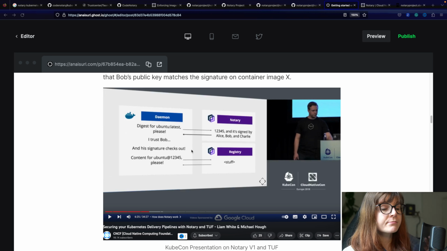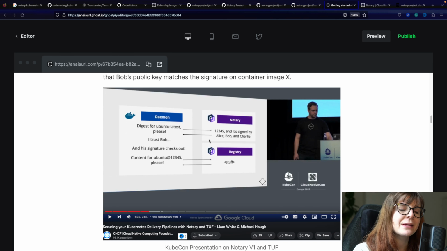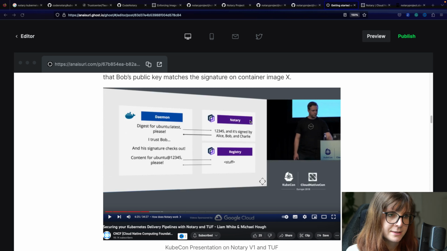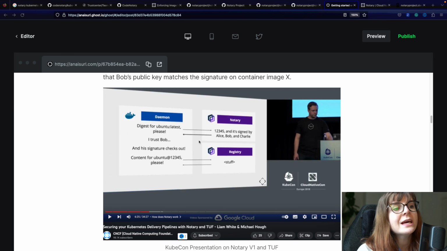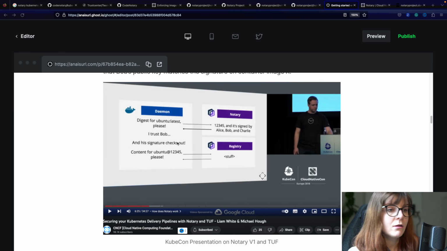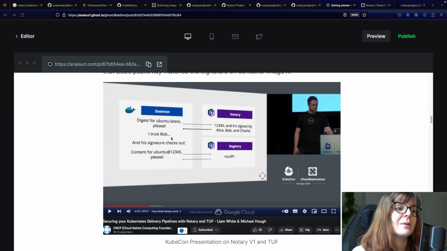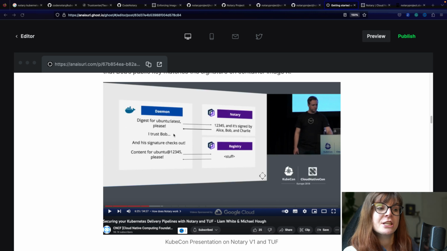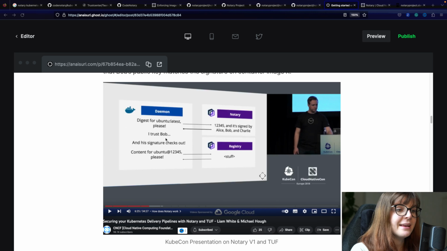I trust it. Now, obviously, here's the chicken and the egg problem, because you need to have some publicly verifiable information on either of the signers of that image, of that artifact before, to then be like, hey, I trust, for example, Bob, and I want to actually use that artifact. So the signature checks out. It all matches. My public information matches what public information is available on that image signature. I can verify that this is actually Bob who created it. And now I'm feeling confident to pull the information from the remote container registry,